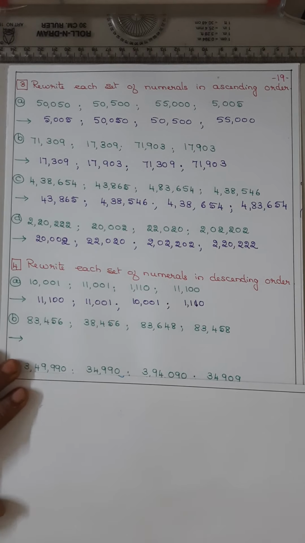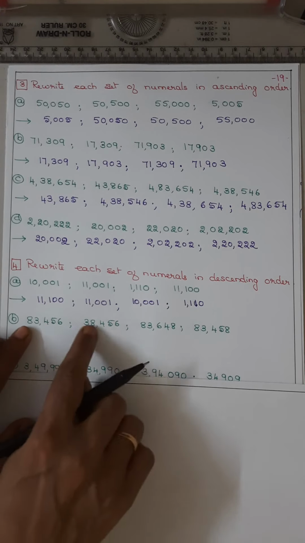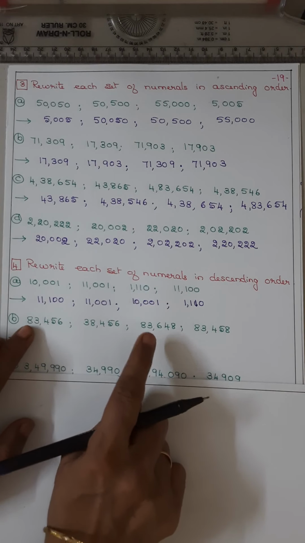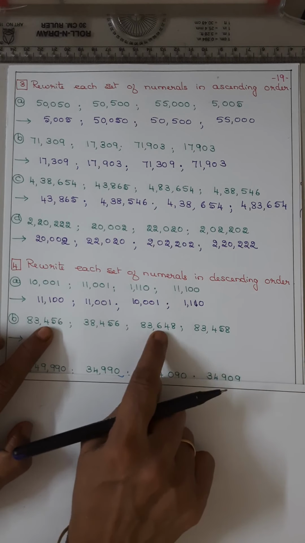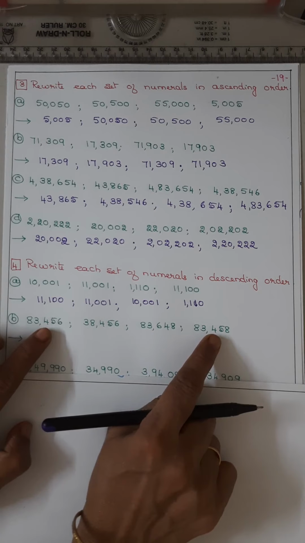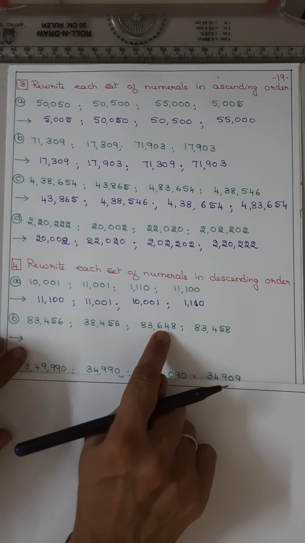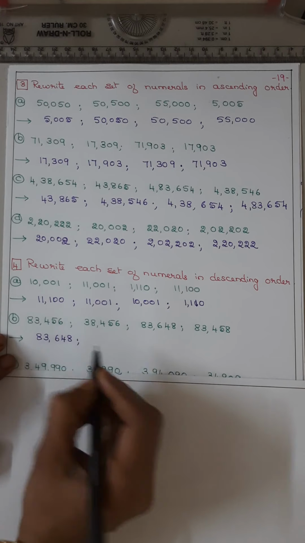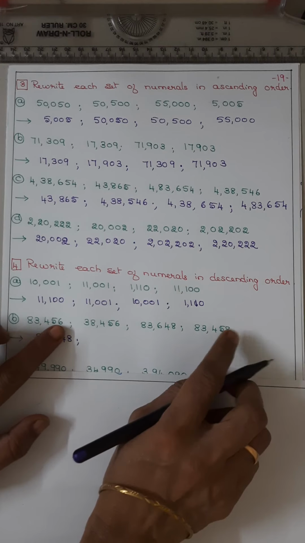All are having the 5 digits. Right? So first check the 10,000 place, 8388. So this you have to keep for the end. Now 8, 8 same, 3, 3, 3, 4, 6, 4. Okay, now you compare; the biggest is 4, 4, 6. So 6 you have to write first. So 83,648.